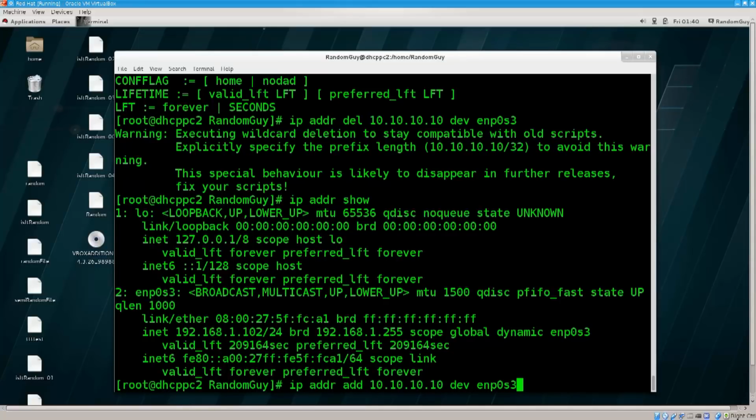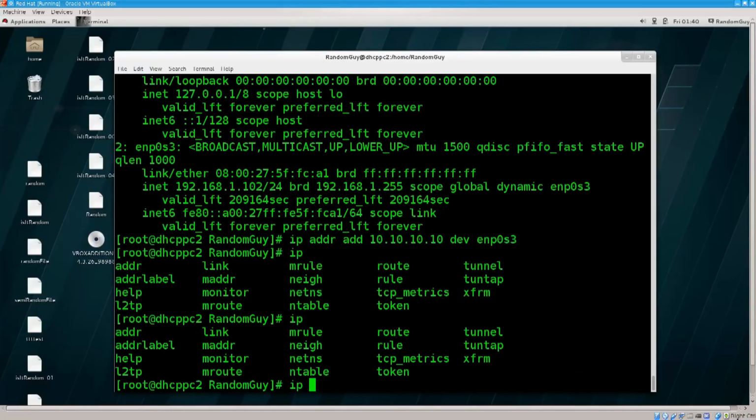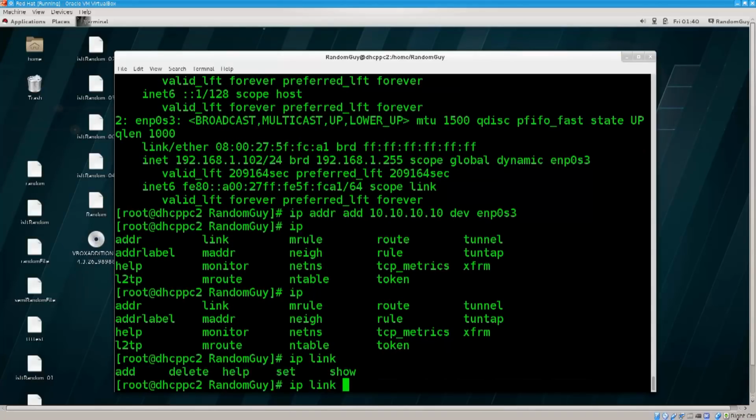So if I type in ip addr add, and if we type in ip, oh, this is not what I need. Actually, maybe. Okay. Well, there's a simpler way to do this. So it's nm